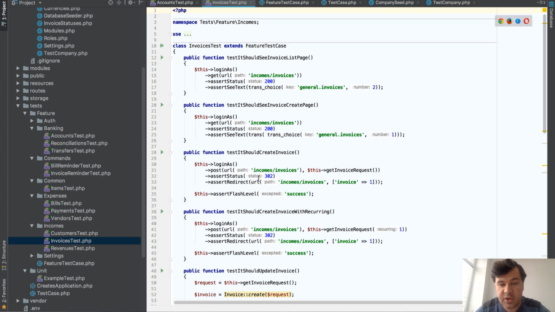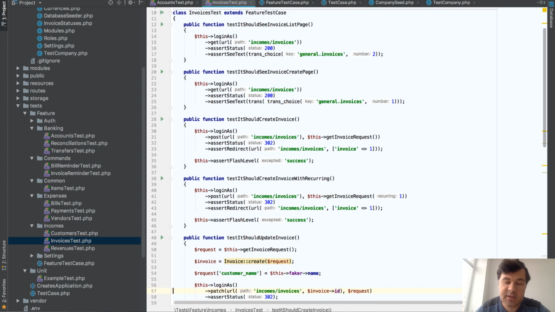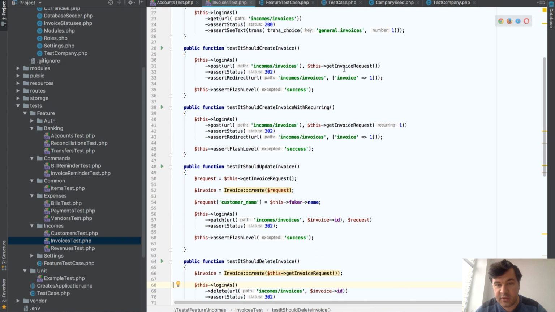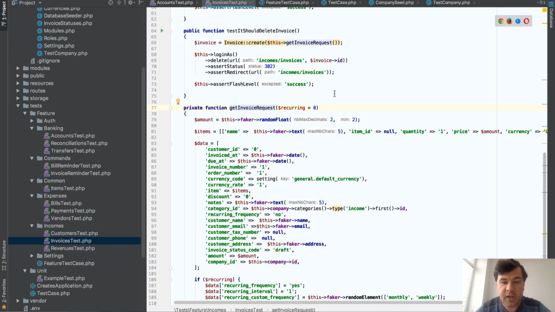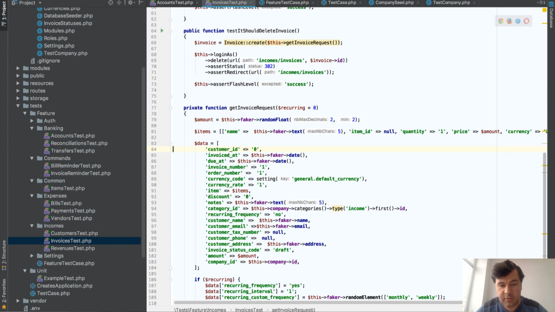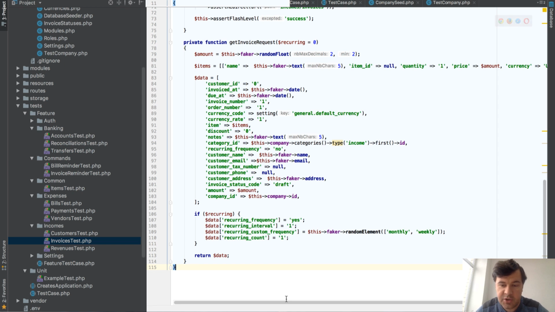Assert status and assert 302, which is enough to be sure that the project is working and it's not breaking with various types of data. So if we get the request, it fakes some data using Faker, which is a really well-known package, and then basically